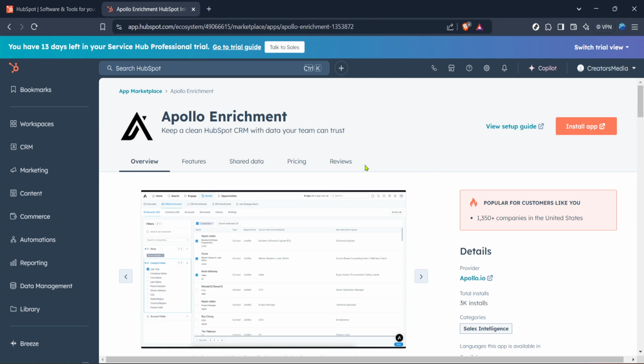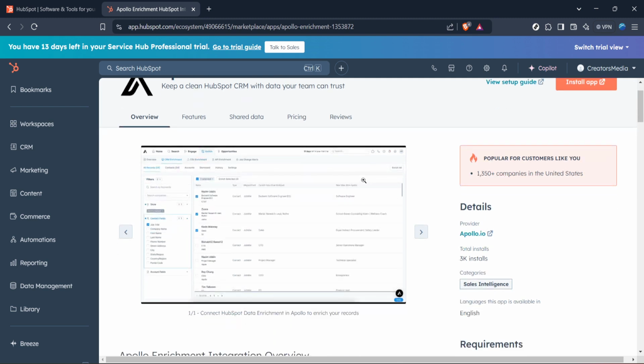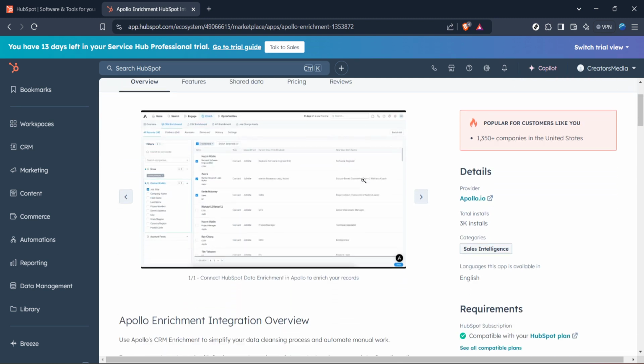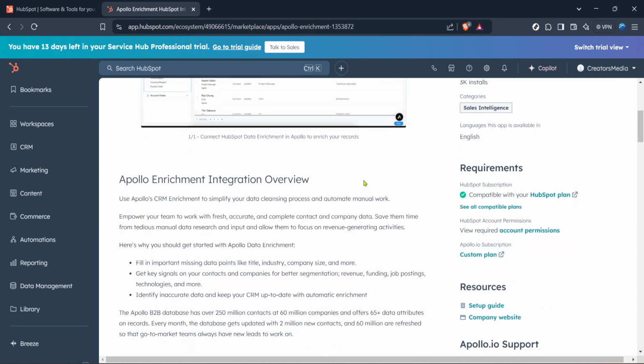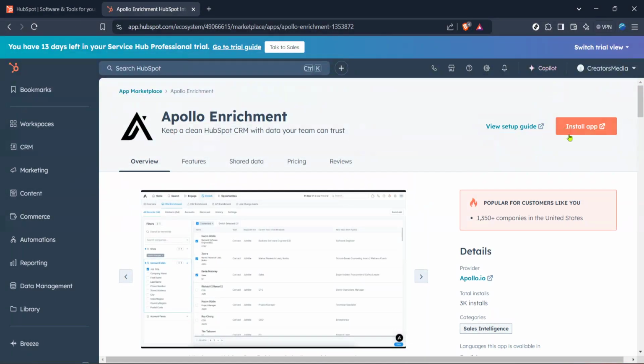The final step is to install the Apollo app. You'll see an Install App button on the apps page. Go ahead and click it to initiate the installation process. HubSpot may prompt you for certain permissions and authorizations, so make sure to read through those and approve them if necessary. The integration process might take a few moments, and once it's complete, you should see Apollo as part of